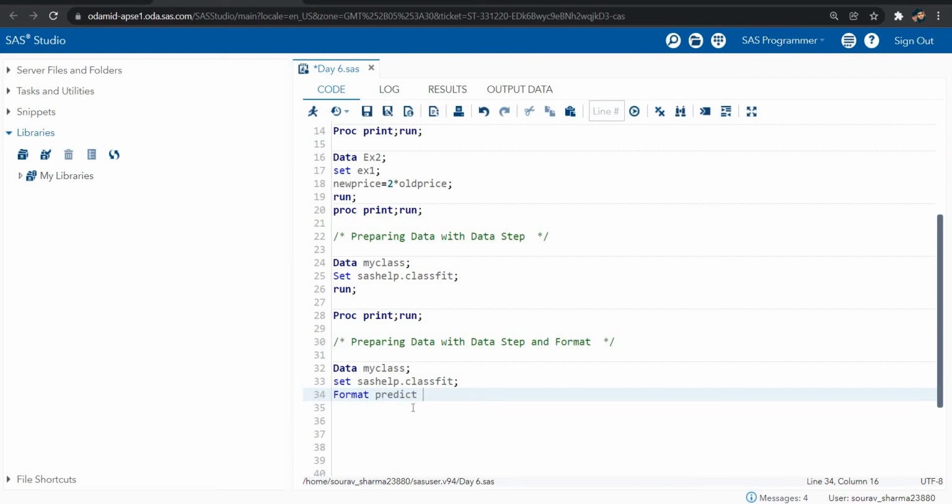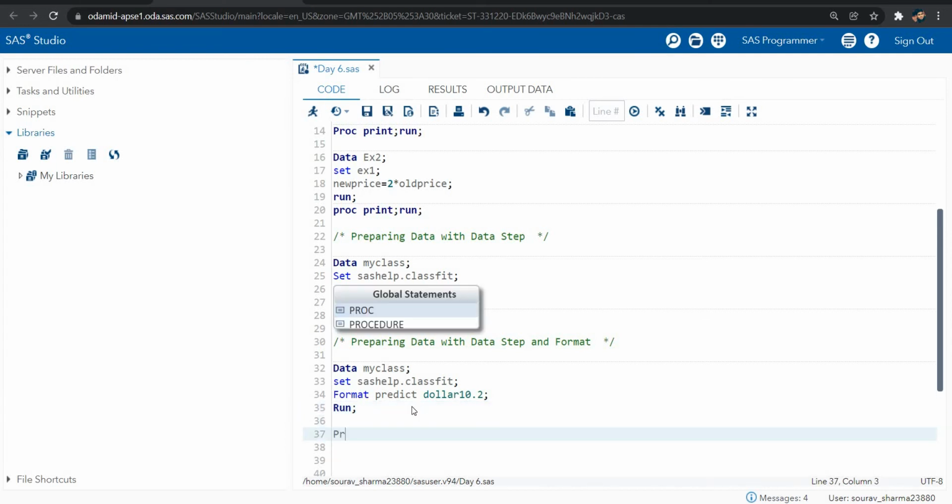So it's just an example. I put in my column name, then I'm writing the dollar format. So the dollar format is, let's suppose, dollar10.2. By default, we take this as the maximum format for the dollar. Now this is done.